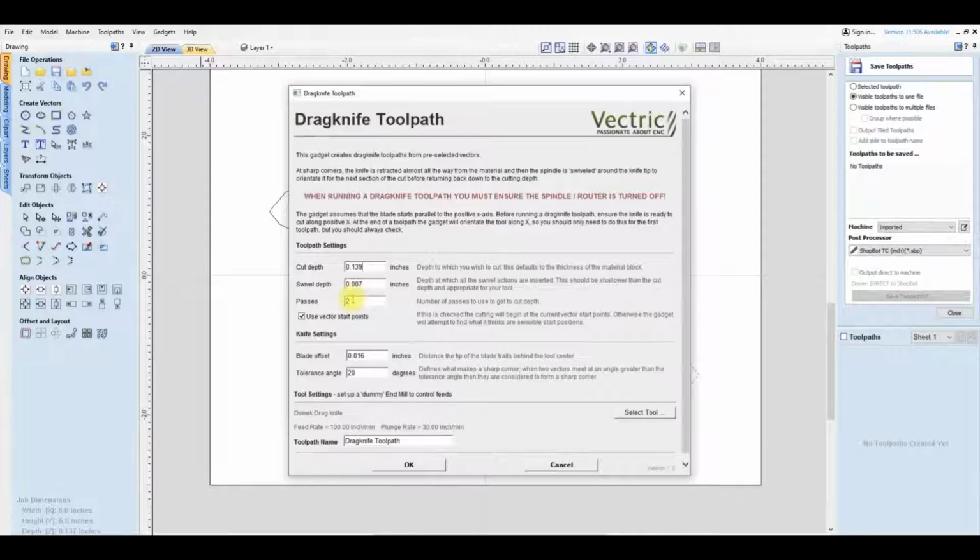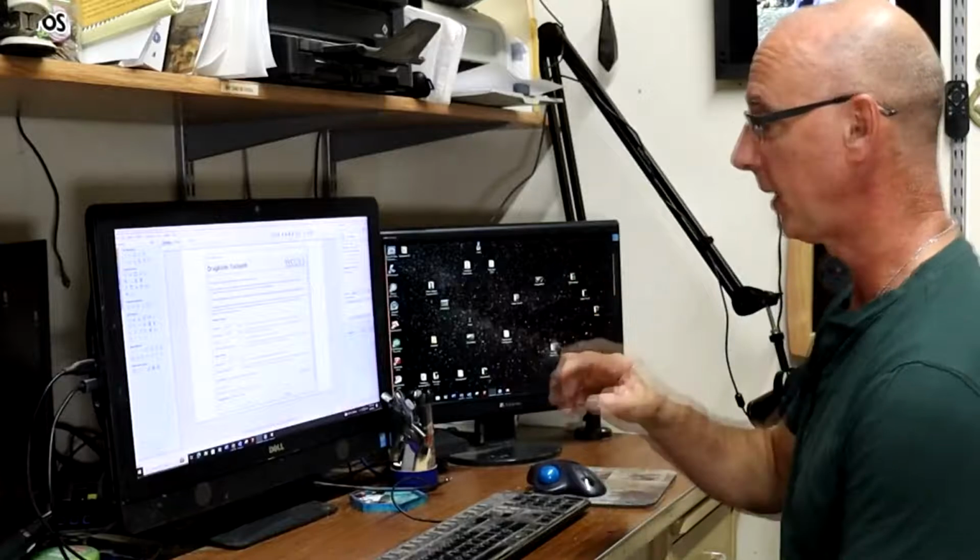Because of the thickness of this material, I like doing this in 2 passes. We are going to use vector starting points. Blade offset. That blade offset is important. It's a number given to you by Donic. All we need to do